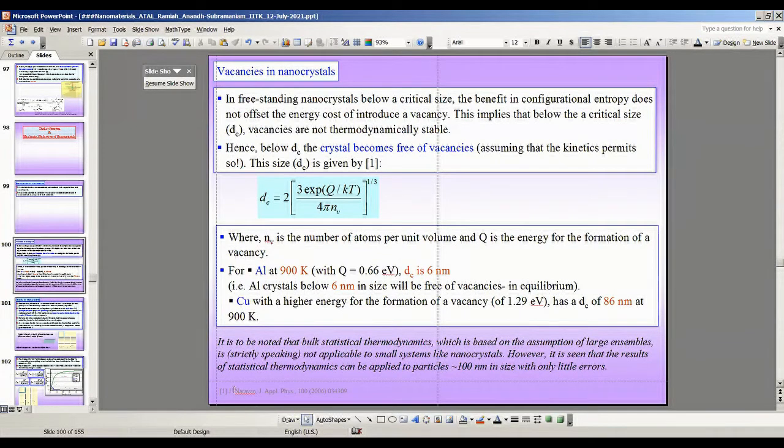For instance, this is a paper by Professor J. Narayan, who was an alumnus of IIT Kanpur, and he has also spoken at IIT Kanpur, a professor at North Carolina State University. He has shown that when you reduce the particle size of aluminum below 6 nanometers, the system becomes vacancy free. Which vacancies are we talking about here? These are not structural vacancies. These are vacancies coming from thermodynamics, that means which are